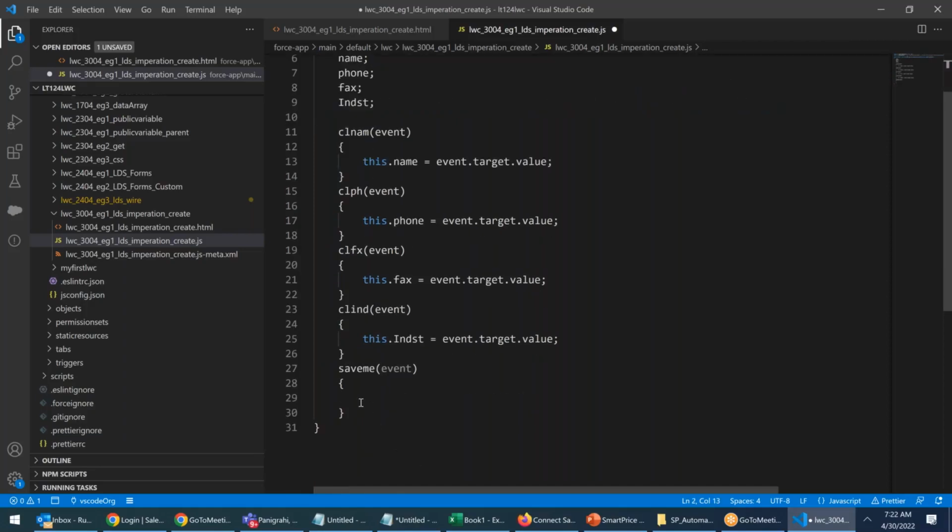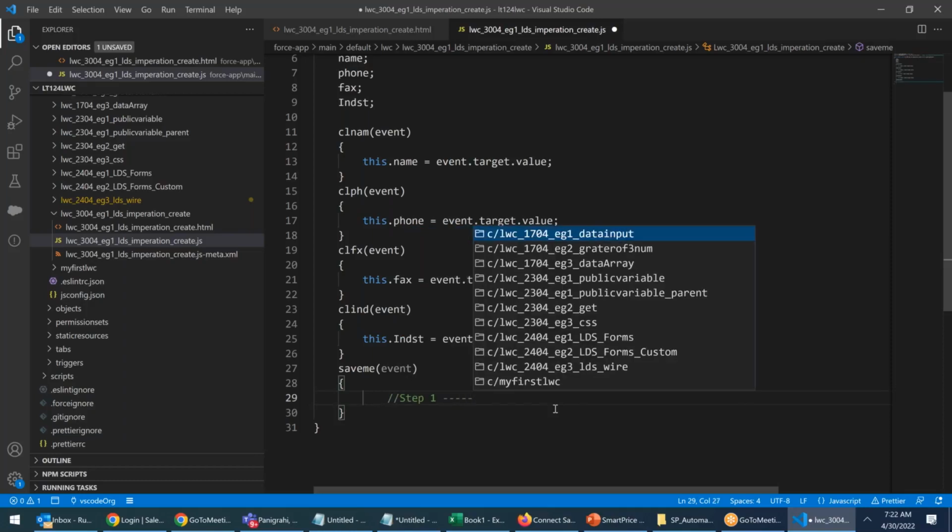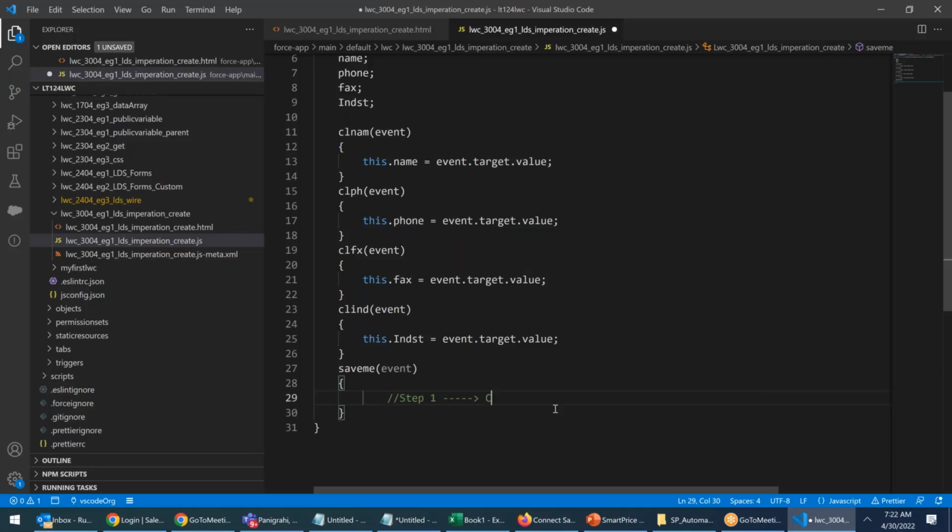Now, whenever you click the button, what do you have to do? Step one. What is step one? Step one, create. C-R-E-A-T-E. Create a field list. First, create a field list. So here we go, I'm creating a field list. CONST, constant, fields, F-I-E-L-D-S. Fields is equal to,